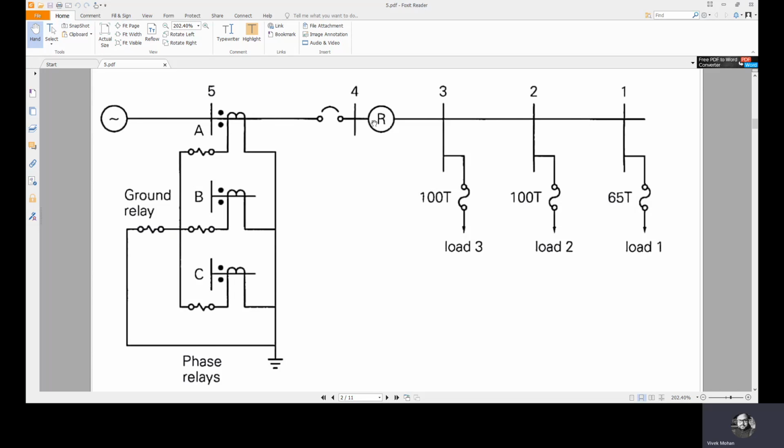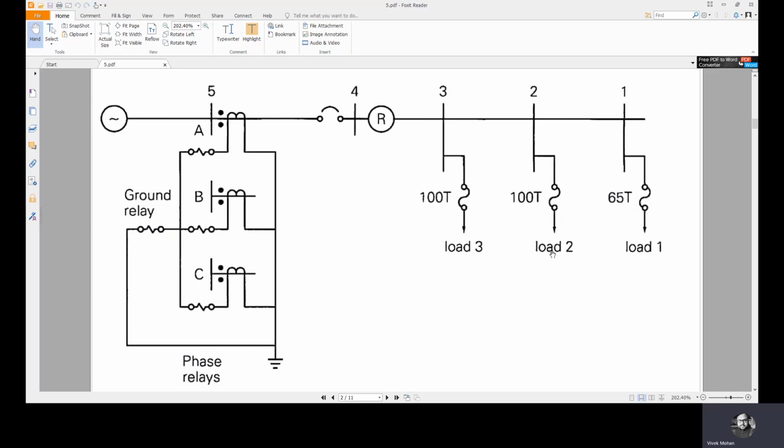Locked out means the last stage in the sequence of a reclosure, which is completely disconnecting the faulty part of the circuit from the system. That is what is known as locking out the service. So it should be locked out during live line maintenance. If line maintenance is going on, it should be locked out.